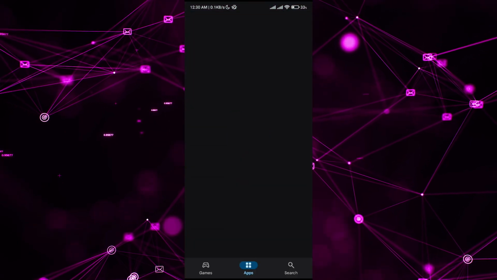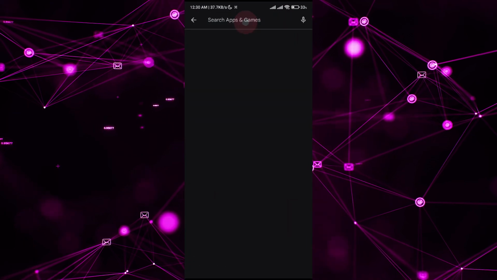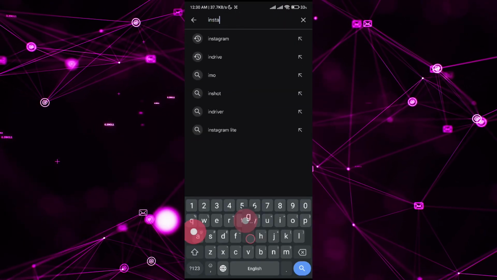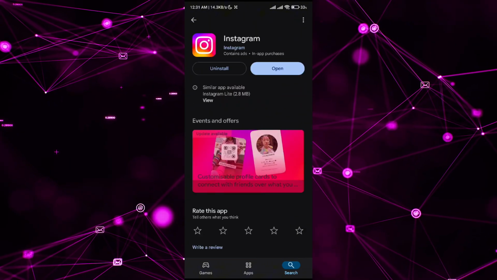So first thing first, open up your Play Store and go to the search icon. And in the search icon, search Instagram and make sure that your Instagram is up to date. So once you know that your Instagram is up to date, all you have to do is just go